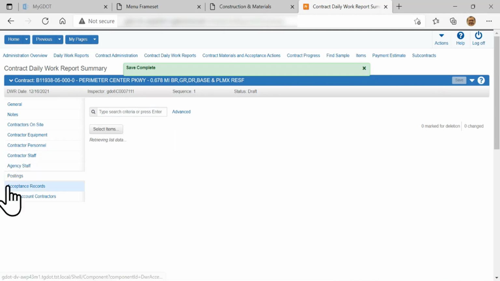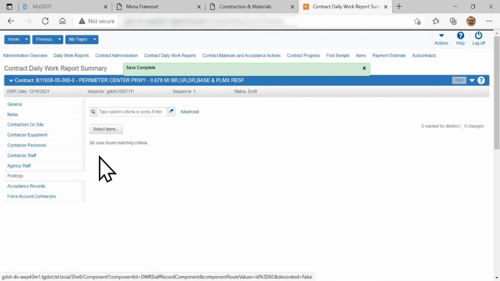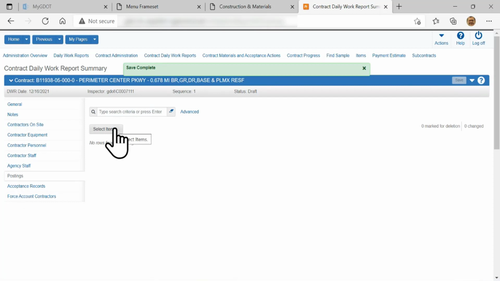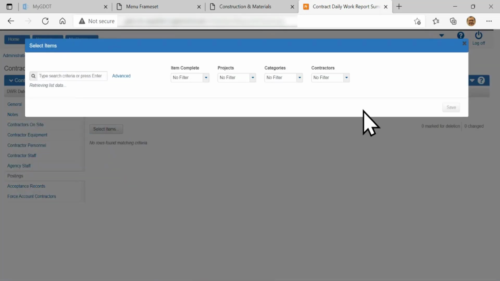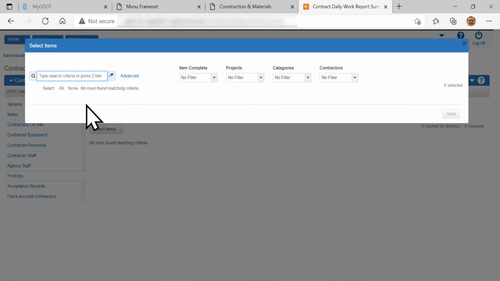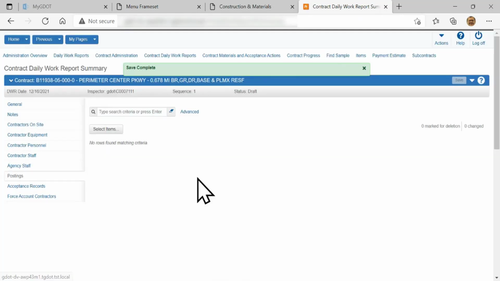You have your postings section. This is where you're going to add what items were used at the site. Quantities are going to be listed on the postings tab on the left-hand side. Unfortunately, with our developer site, we don't have any in there, so we can't select any items to input. But this is where we can then add those into the fields you're working on. Your postings is where you're going to put in the quantity.